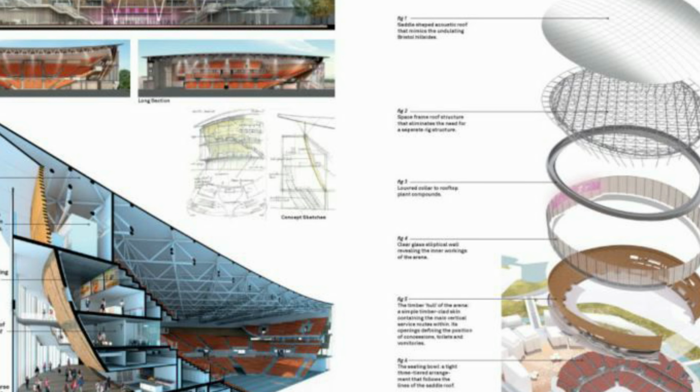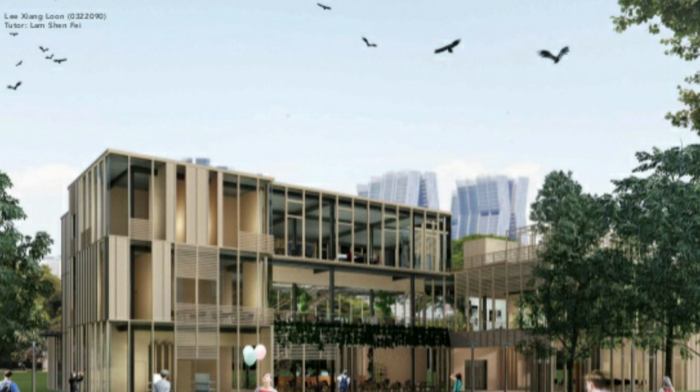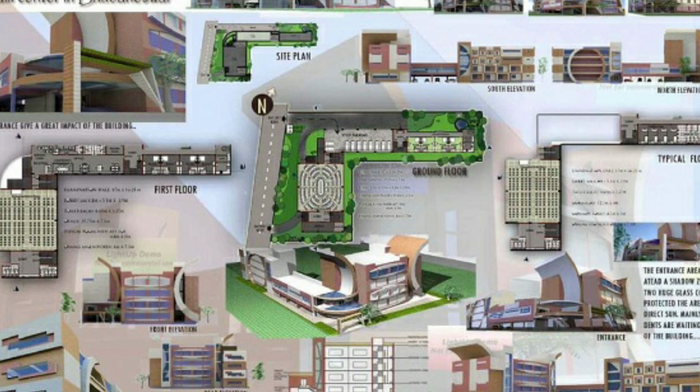Another point is the sun path and wind direction. We analyze the sun path and wind direction of the site, and these can be analyzed using internet facilities. By opening Google Maps, you can find the sun path and wind direction of your area. Another point is that we click some pictures of the existing land from all directions.